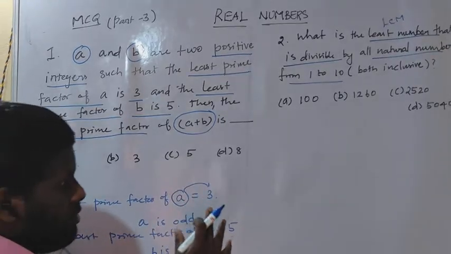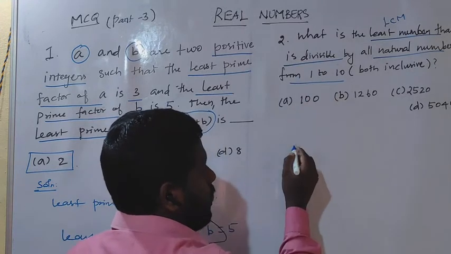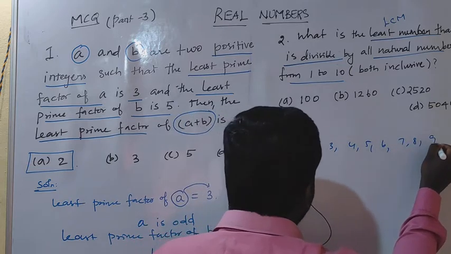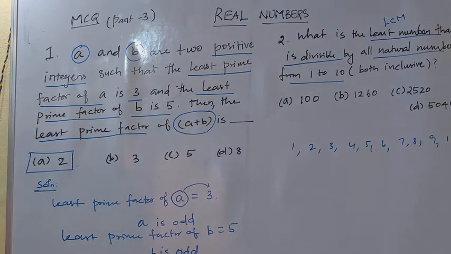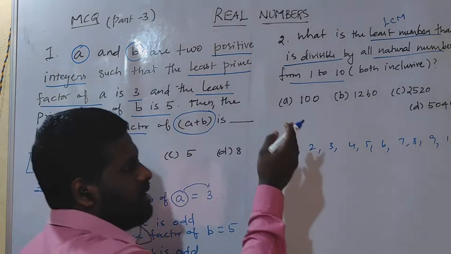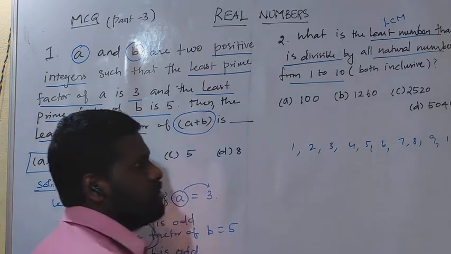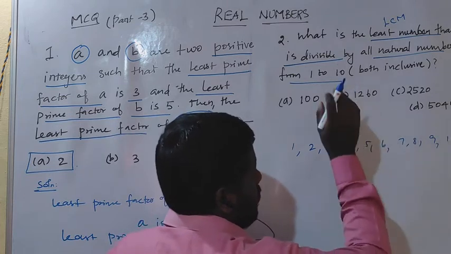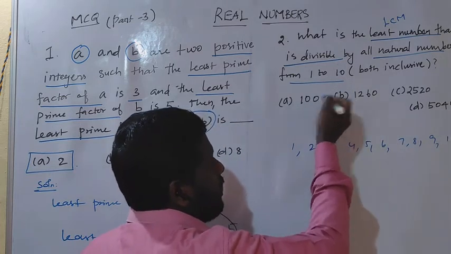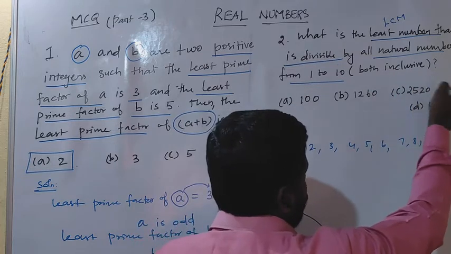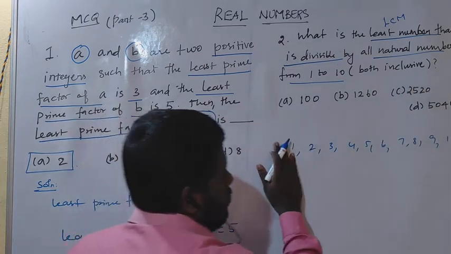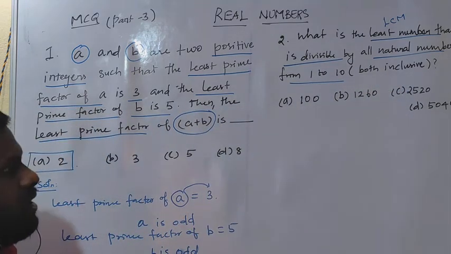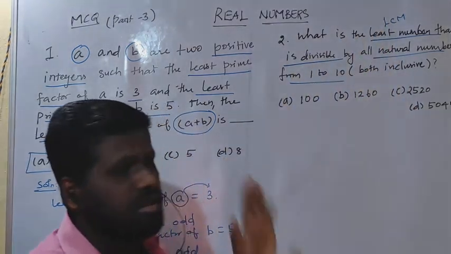Also, you have some ideas. You see the numbers here: you are going to take numbers like 1, 2, 3, 4, 5, 6, 7, 8, 9, 10. These numbers only you are going to take. In case the question is related to HCF, any one of the numbers should be the HCF. You understand? If your question is related to HCF, the options will definitely not come like 100, 1260, 2520, 5040, right? If it is an HCF question, the answer won't be this big. Therefore, when you see the options are quite big, the question is related to LCM.